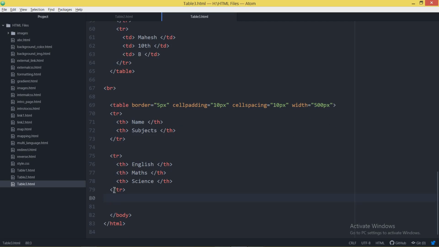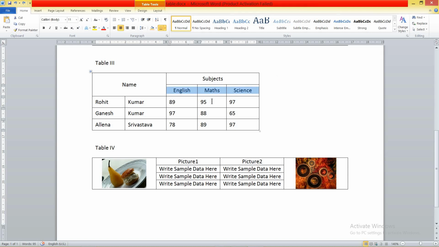Onto the second row, I have created 3 cells, 1, 2, 3, according to this table, and onto the third row we have to create 5 cells, and again 5 cells, and again 5 cells. The logic is, whenever you want to make this kind of table, always count the number of rows and columns from the maximum side, and check how many cells we have in every row. After that, just complete that particular table. Forget about row span and column span, that we can give at the end.